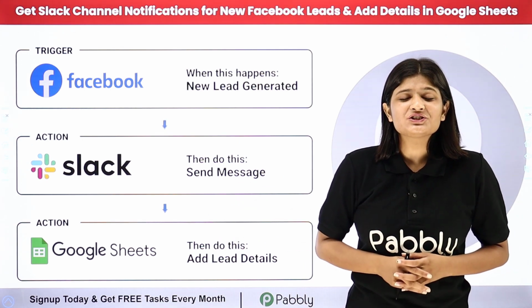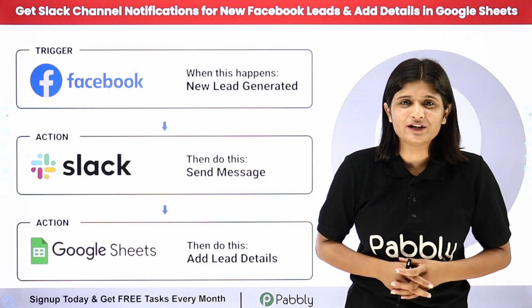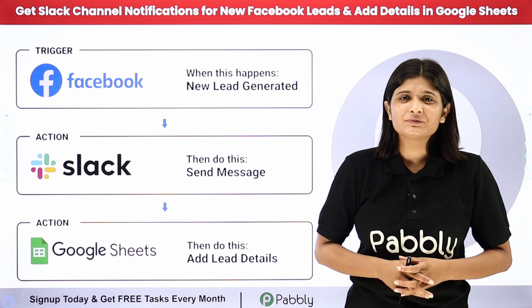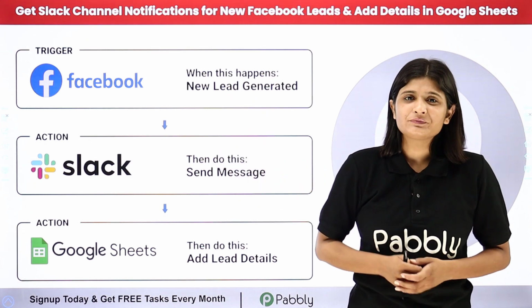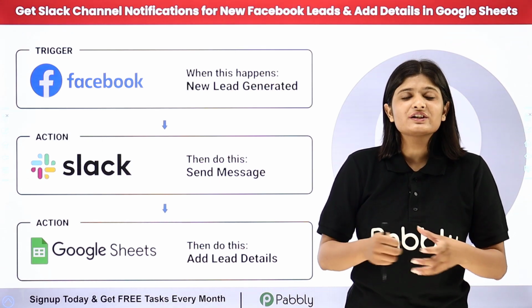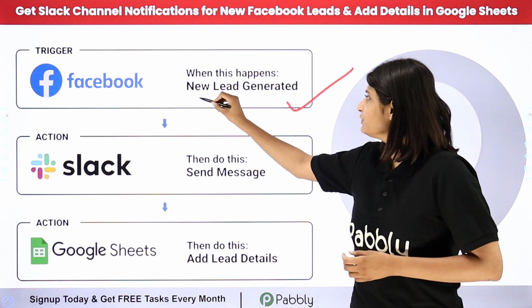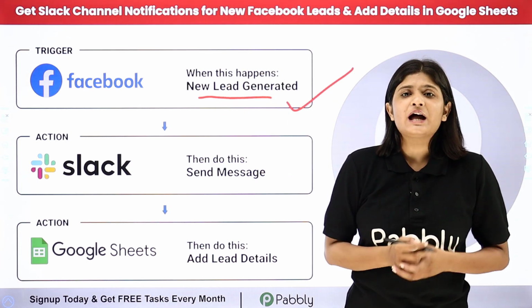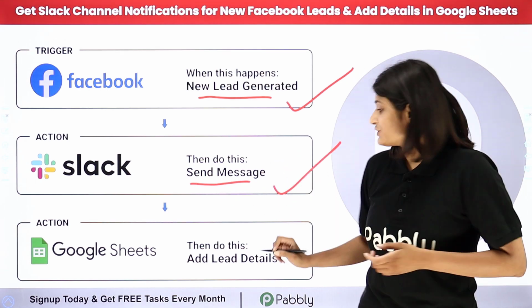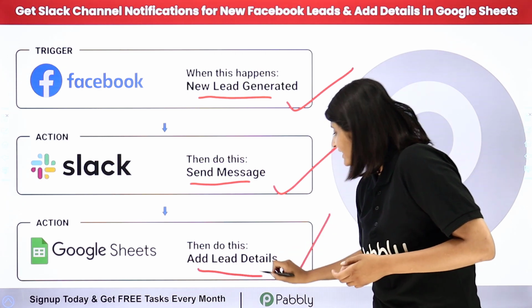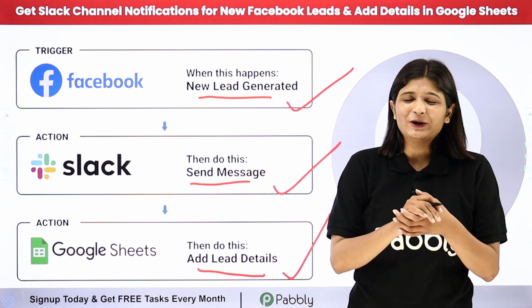I can do this automation with the help of Pabbly Connect. So Pabbly Connect is an amazing automation and integration software which requires no coding or programming skill. I just need to build a connection between Facebook lead ads, Slack and Google Sheets. Pabbly Connect runs on two principles, which is triggers and action. Here as my trigger application, I will take Facebook lead ads where the new lead will be generated, and in my action application I will take Slack where the message will be sent in the channel, and Google Sheets where these details will be added automatically. If you want to learn this amazing automation step by step, let me take you all to my screen.